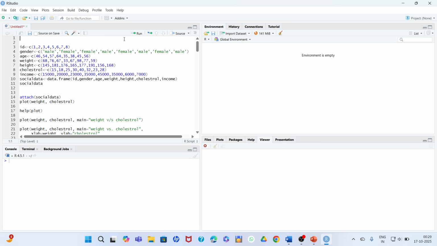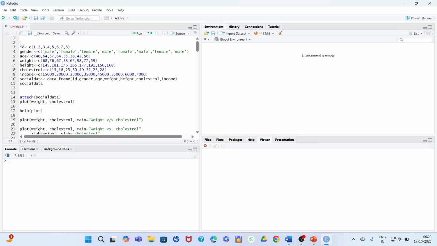So this is our old R script. If you have seen the old video, you remember that these are the IDs, 1 to 8, the number of observations, and these are our variables. We have gender, which is a categorical variable.